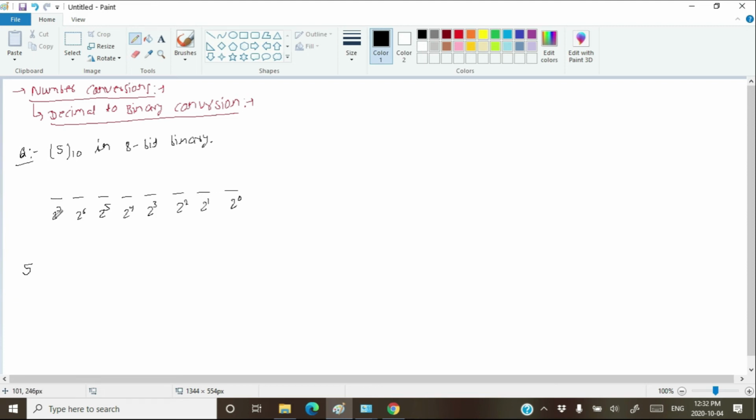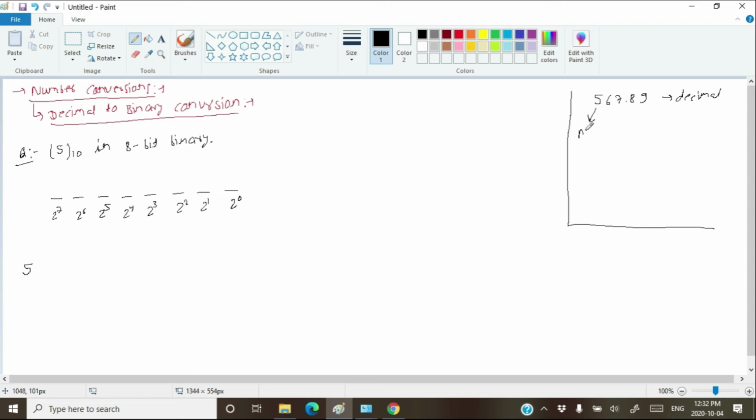Now start with the most significant bit. This is called the most significant bit. Let's understand about the most significant bit and most significant digit, then we will come back to this topic. Suppose that you have this number 567.89. This number is in decimal. Now tell me, changing which digit will change this number the most? This digit. If you change 5 to 6, your number will increase by 100. And if you change 5 to 4, your number will decrease by 100.